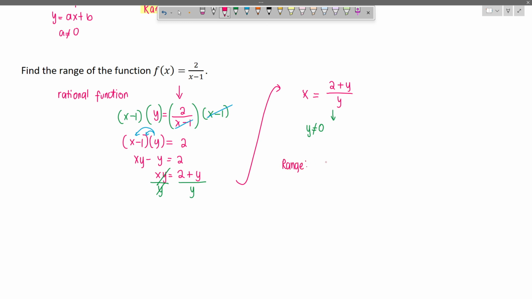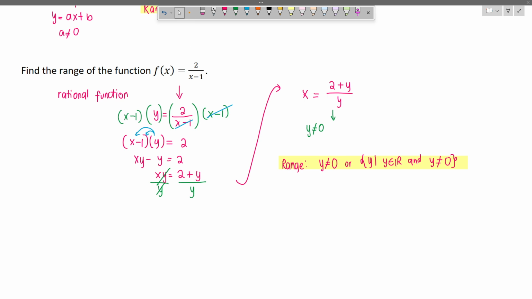is any value of y that isn't 0, or y such that y is an element of the set of real numbers and is not equal to 0. That's how we get the range for rational functions. Next,